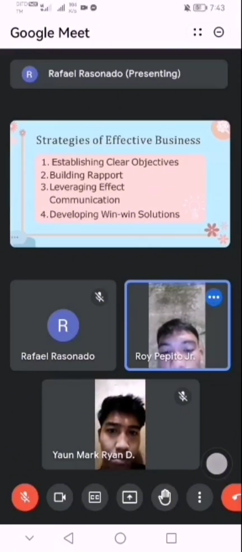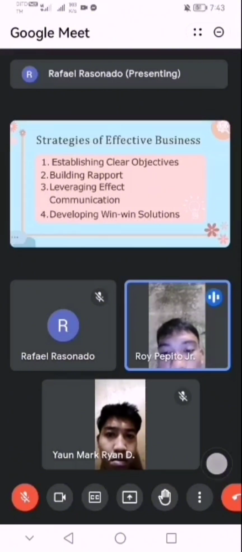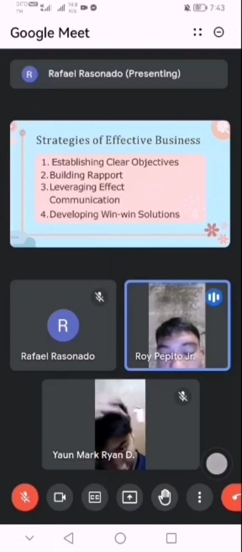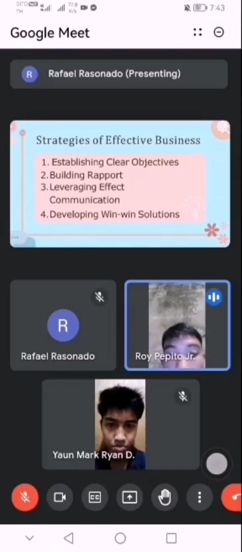Build rapport. Establishing rapport and nurturing professional relationships can set a positive tone for negotiations. Showing respect, active listening, and acknowledging the perspectives of others fosters a conducive environment for productive discussions. And the third is leveraging effective communication. Utilizing strong communication skills, including persuasive language, active listening, and empathy, can help in conveying ideas, understanding concerns, and ultimately reaching agreements. And the last is